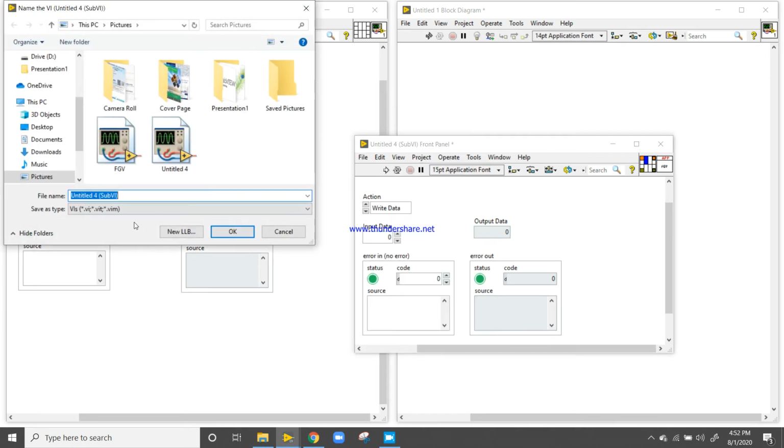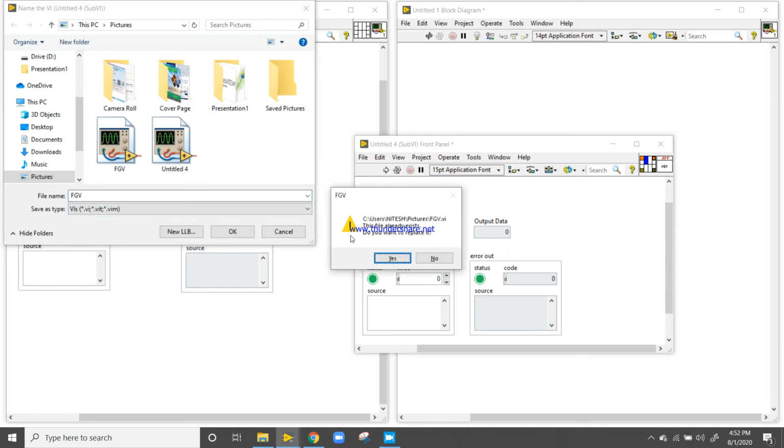Save it. FGA1, functional global variable. Name.